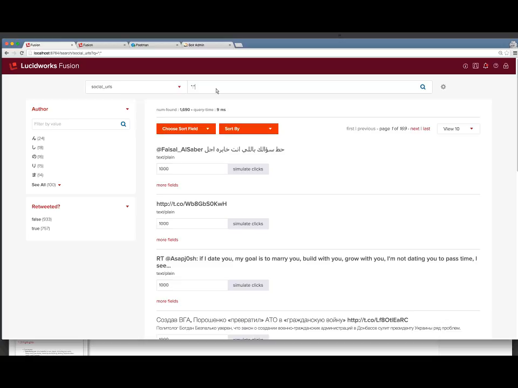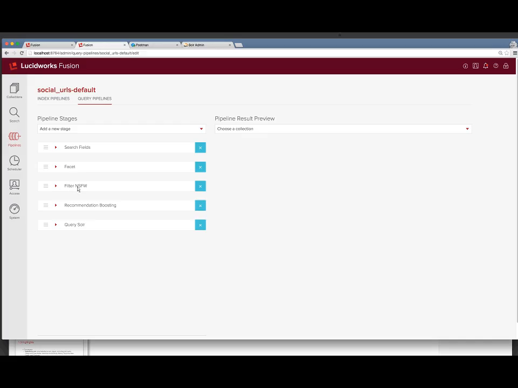And really the reason why that's happening, again, goes back to that query pipeline that we set up right here that has recommendation boosting on, such that what's happening, again, just to bring that home, that request is coming in for a search. It searches across the different fields. It adds the facets. It applies the filter query for not safe for work. And then it says, hey, go to the signals index and tell me for this query, what are people clicking on? Bring that back and now merge that with my keywords that I searched on, and then go query Solr. And the result of that is